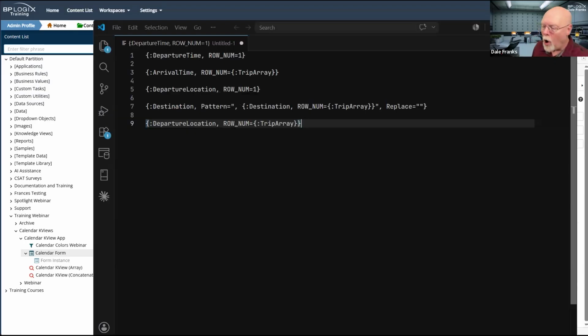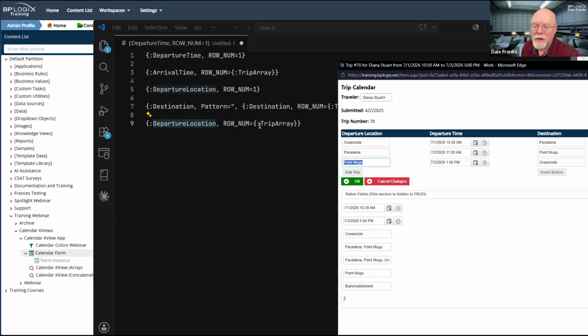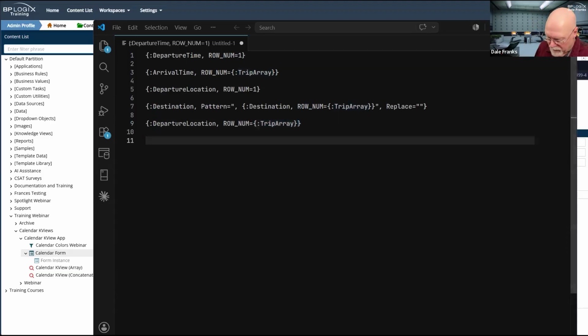Here's what I could also do. I used my departure location. So I used Point Mugu as my departure location in this particular setup. What I could do, however, is this.